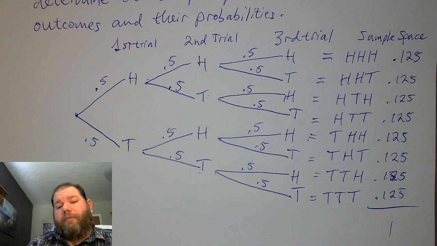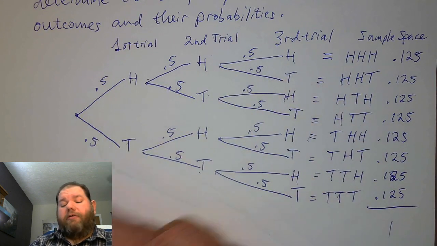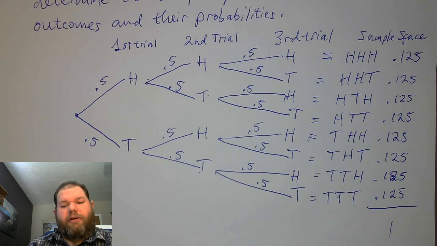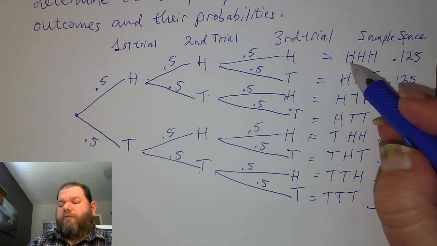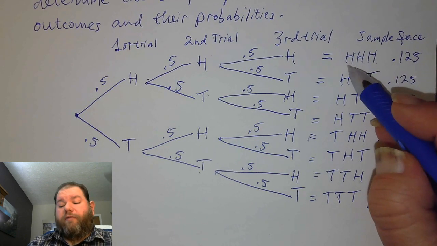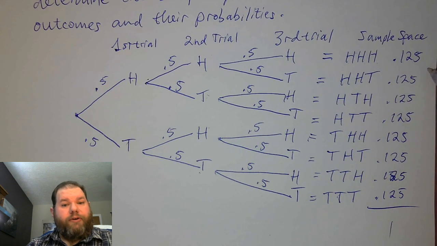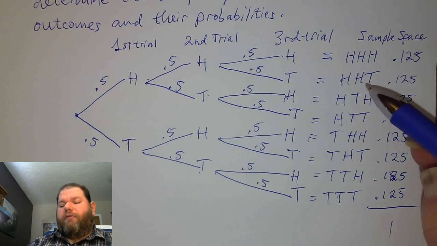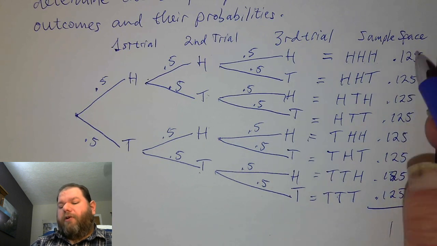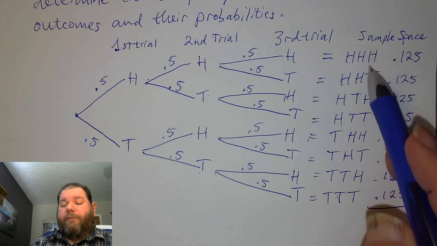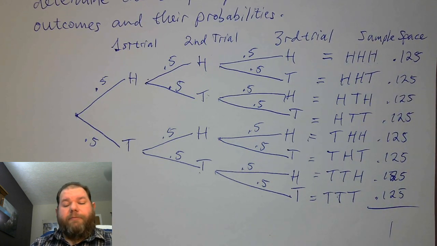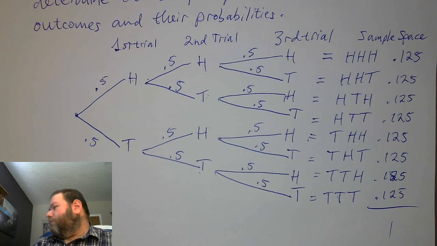Ultimately, because these are equally likely, the tree diagram is completely redundant. And if we have 3 outcomes, we know it's going to be 0.5 for each, so it's automatically 0.125 for everything. So we didn't really need a tree diagram to figure out those probabilities. But I think it helps us at least see the outcomes that are possible. Okay.